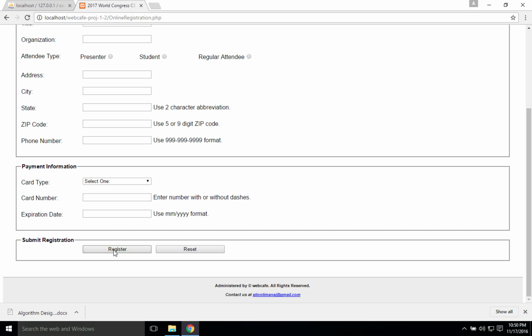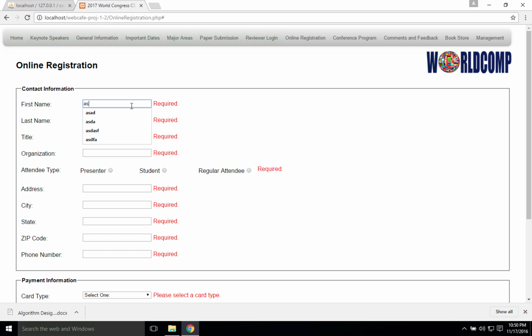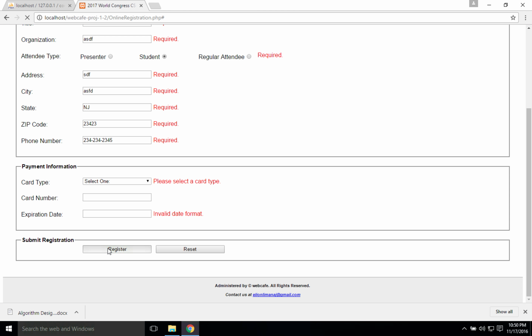So if a person tries to enter, these are all required, so first name, last name, and then title, and then organization, and then is a student, let's say, address, city, and state should be two letters. Zip code should be 5 digits, otherwise it will give an error. The phone should be in the format that we already know. And then if you say register, see these are okay, but these are not okay. So Visa, and then if we submit, so we need a